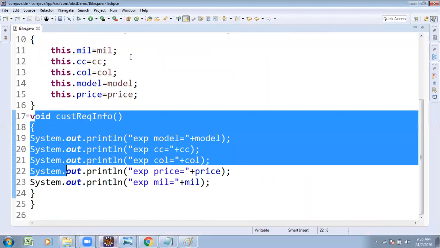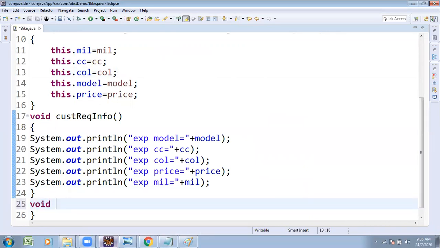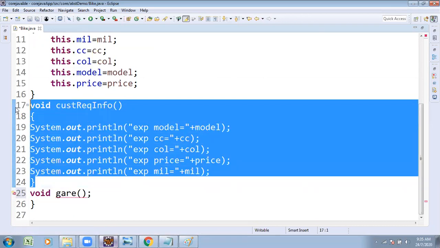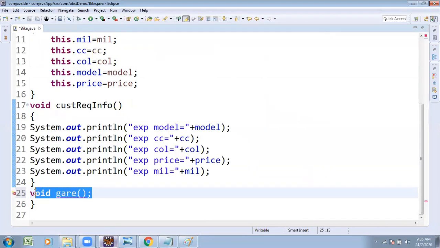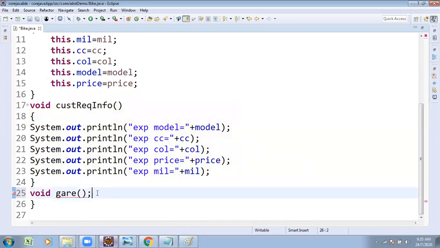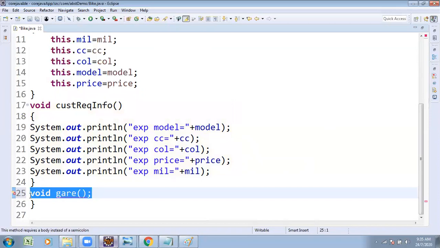Say the customer comes asking about the gear system of the bike, and you try to write the gear method. But the receptionist doesn't know the gear method, so she plans not to write the body. Till now, no issue. But if you write it like this, without a body, this is an abstract method. With a body, it is called a concrete method. A method has a header and a body, but this method doesn't have a body. She plans to hide it because technical explanation is not her work. Hiding the unnecessary is called abstraction.